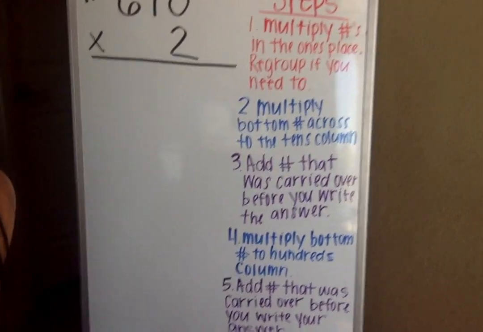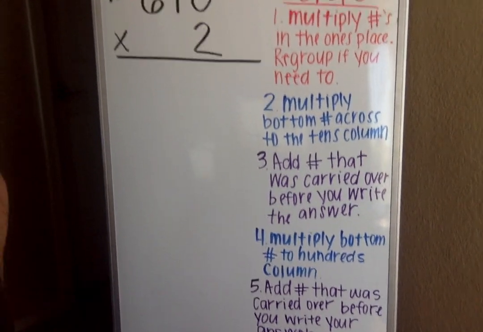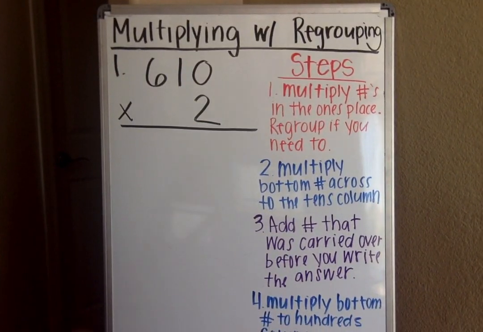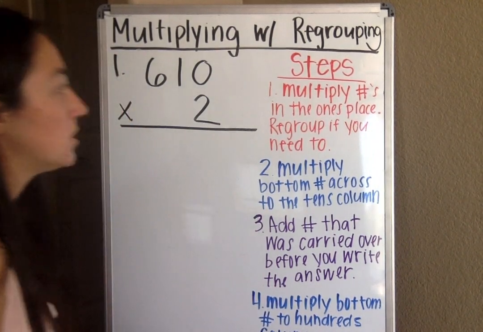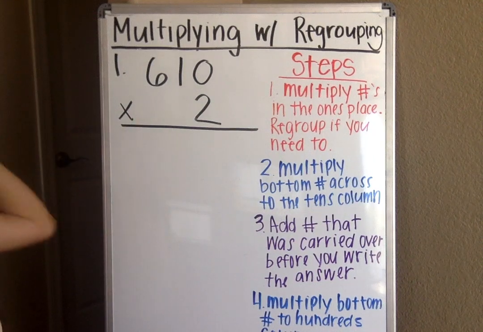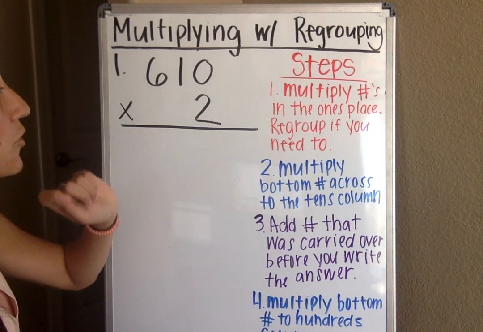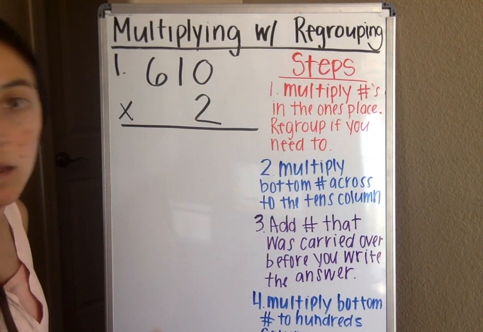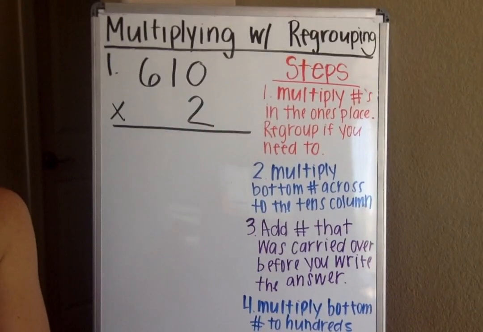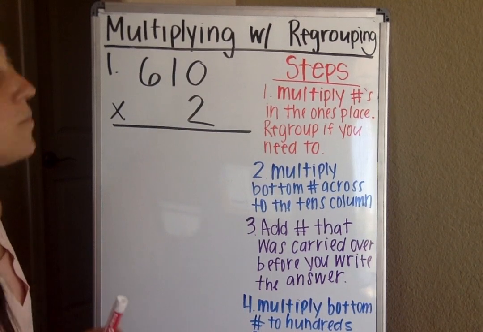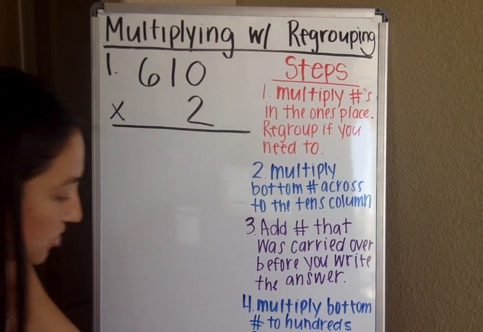We are going to get started. So to begin, we have 610 times 2. So the first step that we need to do is to multiply the numbers in the ones place. Regroup if we need to. But again, I said for this problem we are not regrouping, so please don't worry about it for this one. Okay. So, 2 times, actually,